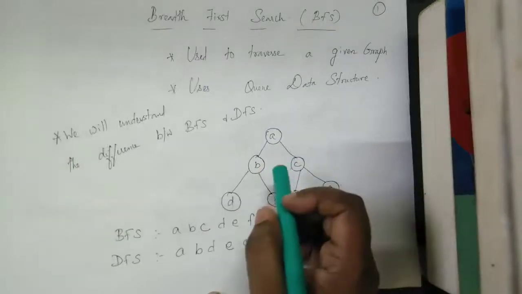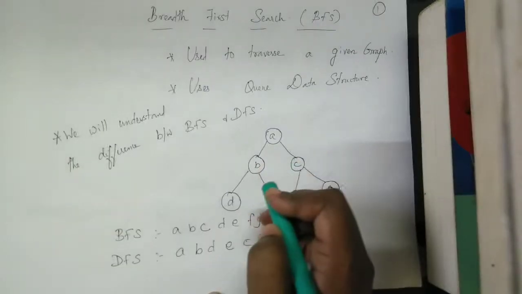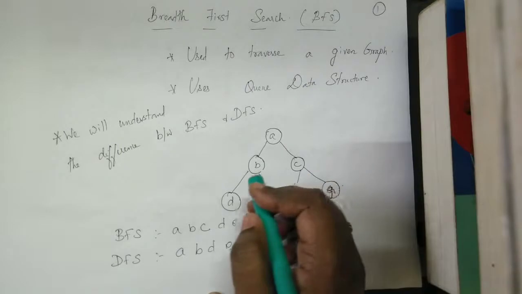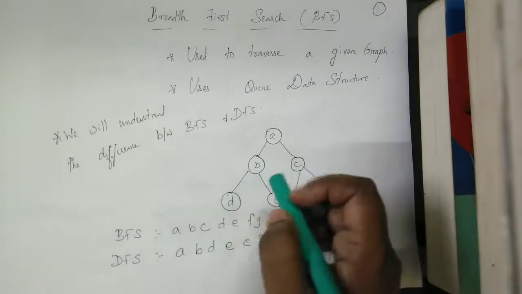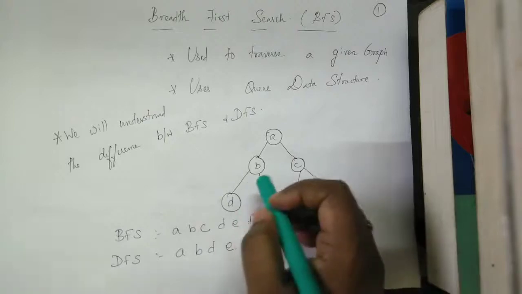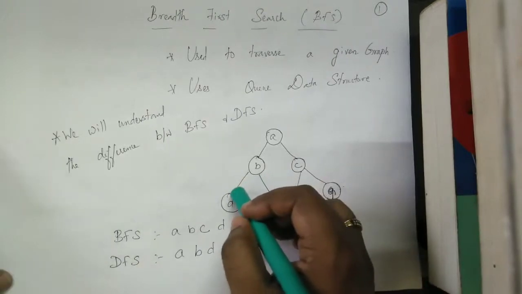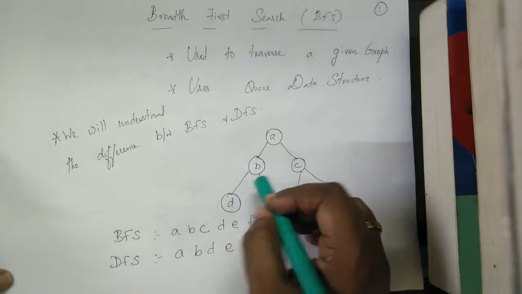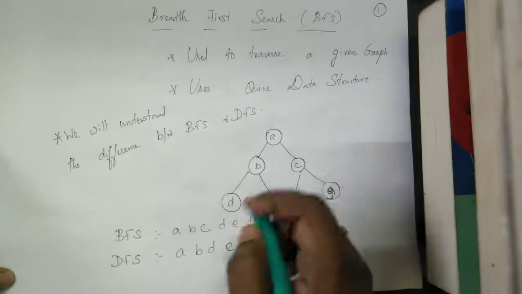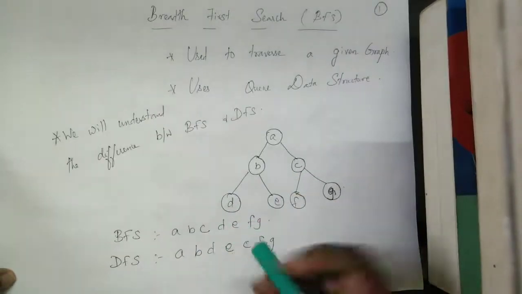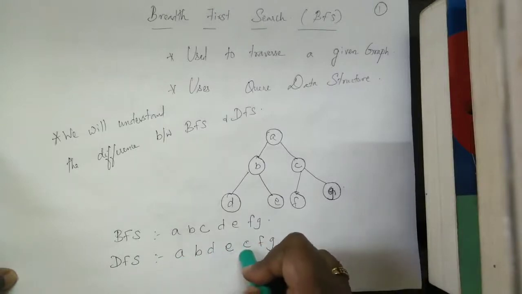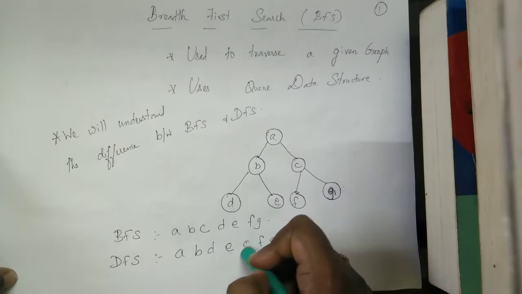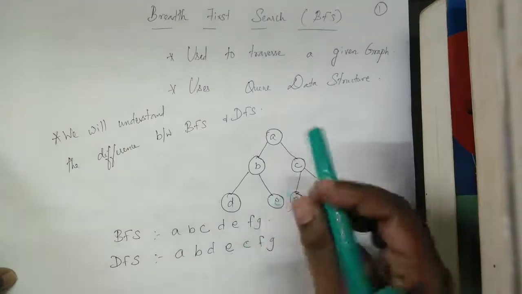Before proceeding to BFS, we will understand how DFS and BFS differ from each other. So we'll take this tree. Since a tree is also a graph, we will understand how DFS and BFS work using this graph. First we will look at DFS. You can refer to the last video lecture on DFS before watching this lecture.